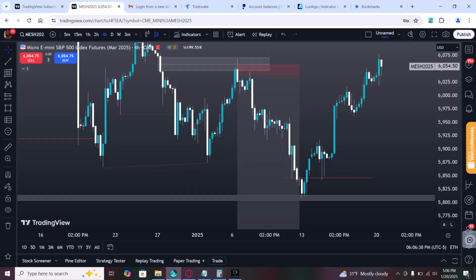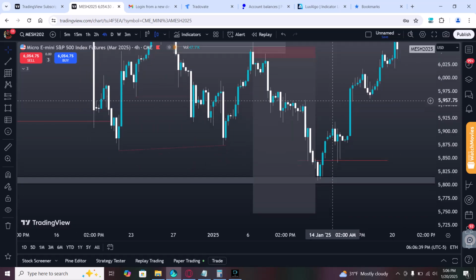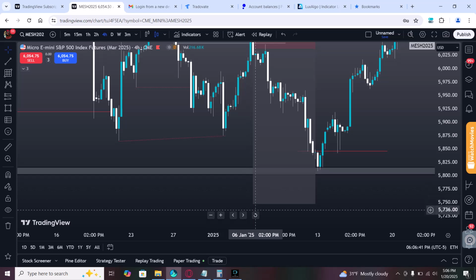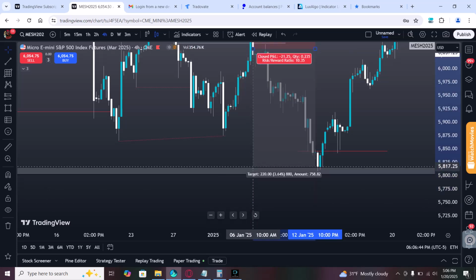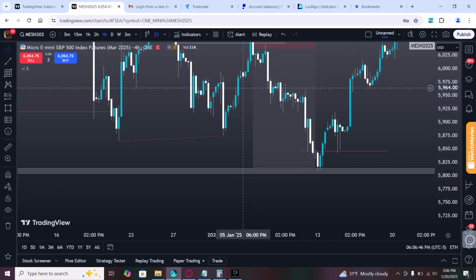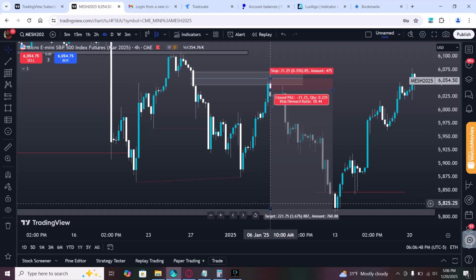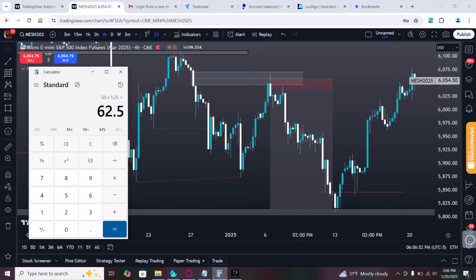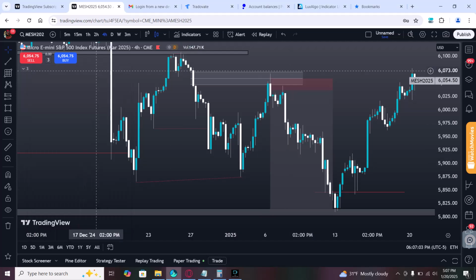But I was very confident that, and this is not just cherry picking, I saw this in the past, when it first happened, and I'm like, you know what, it's going to come down and hit this zone, and it did. 887 pips, 887. Multiply that by your contract size and how much per tick. That's $1,100 off this play,